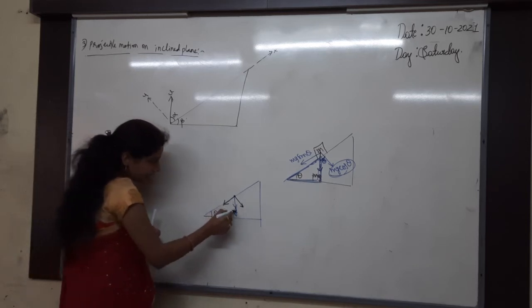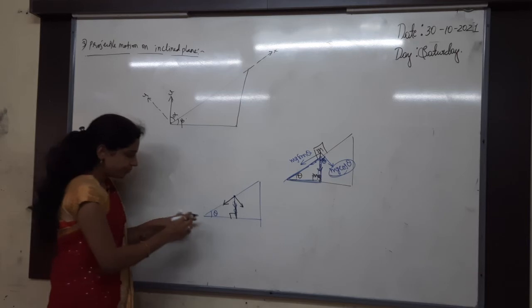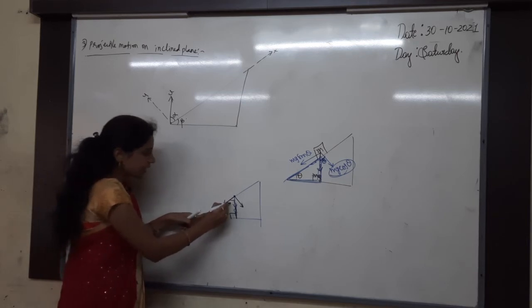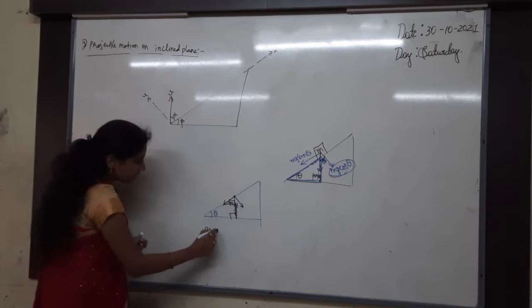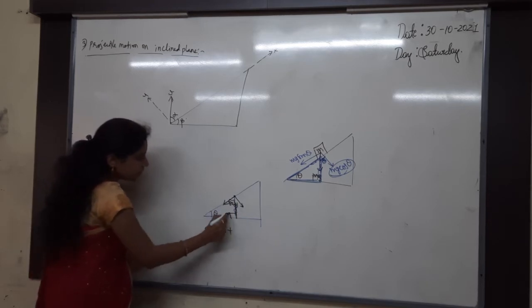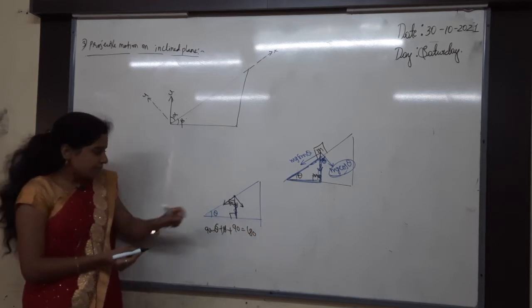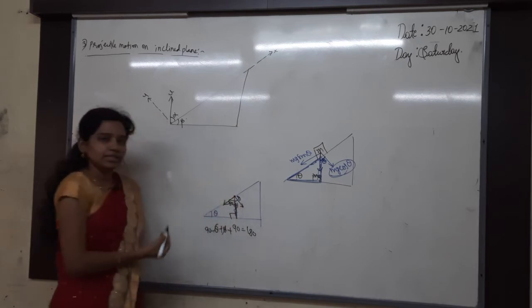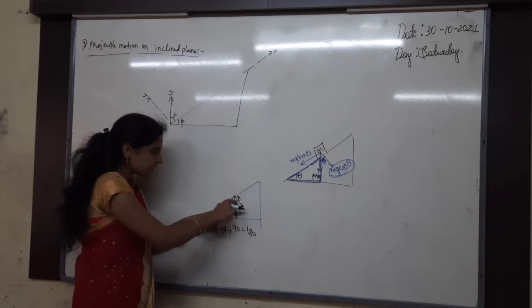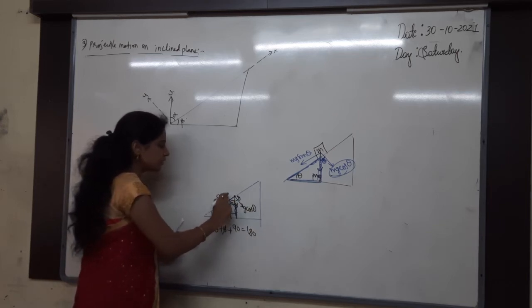Now if I take this as a smaller triangle, here I am cutting the triangle. This angle is how much? Obviously 90. If this is theta, means the remaining angle will be how much? 90 minus theta. See, the total angle should be 90 minus theta plus theta plus 90 is equals to how much totally? 180 obviously. Clear? If this is 90 minus theta means the immediate angle will be how much? Theta. Now this one is g and then adjacent is theta means this component will be g cos theta and then this is g sin theta.